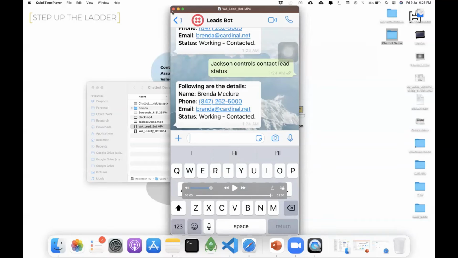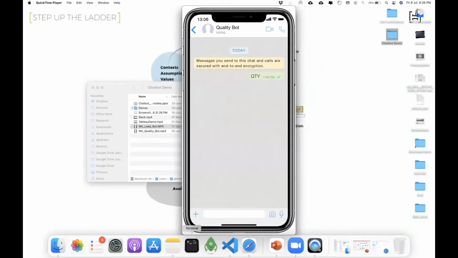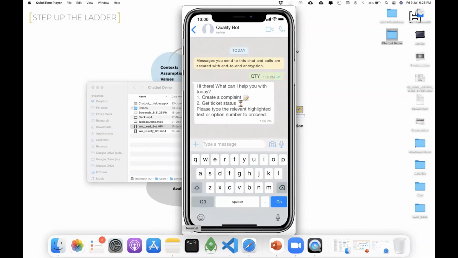So this is basically the kind of chatbots that are being built. This is how it is helping them, and this information is on WhatsApp. So this is one example. This one is actually a live chatbot which we have built for one of our customers. I think you will get to know in a bit which client it is.